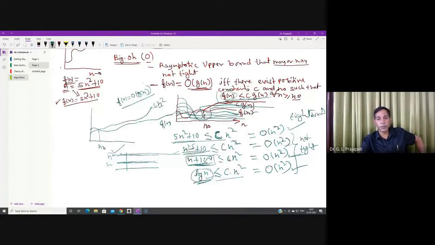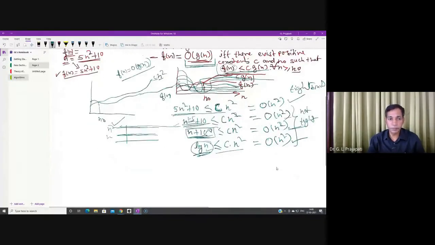So what are you actually going to claim here? Here you have f of n is big O of n. Once you say that f of n is big O of n, you should not mean this equal sign as an equal sign. This is an abuse of writing the equal sign. Here, once you say f of n is big O of